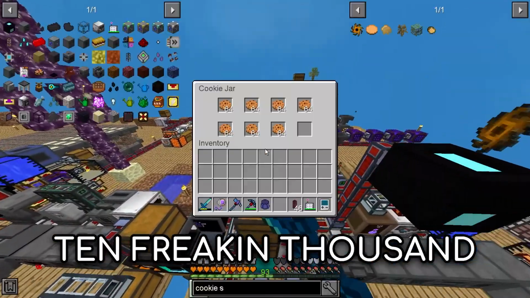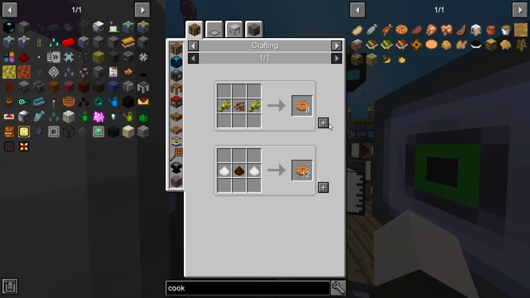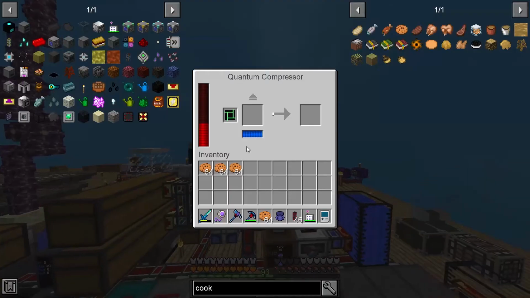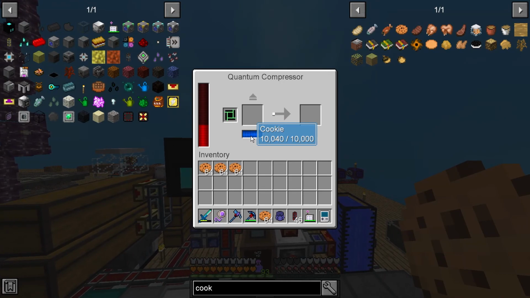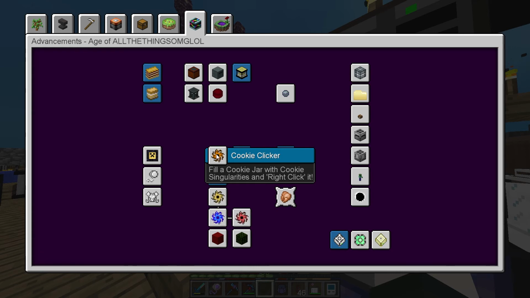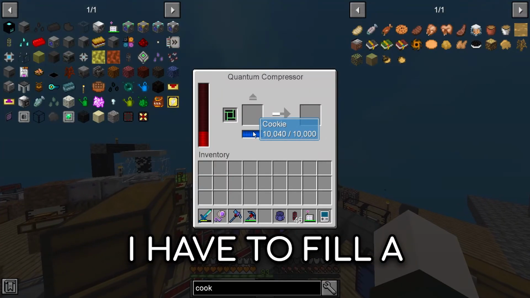How am I supposed to get 10 freaking thousand cookies? To create singularities, 10,000 of any item are needed. This means that, to create one cookie singularity, I needed 10,000 cookies. Another problem laid in the fact that I needed to fill the entire cookie jar with singularities. I have to fill a cookie jar with...